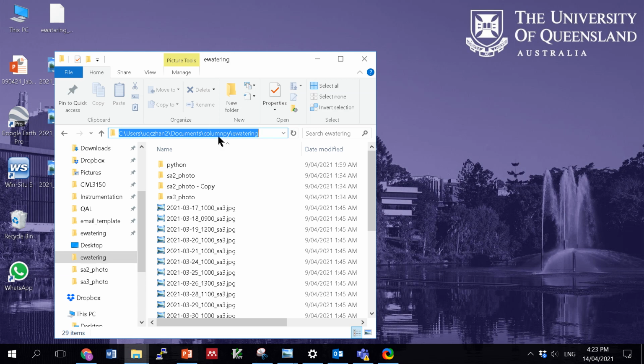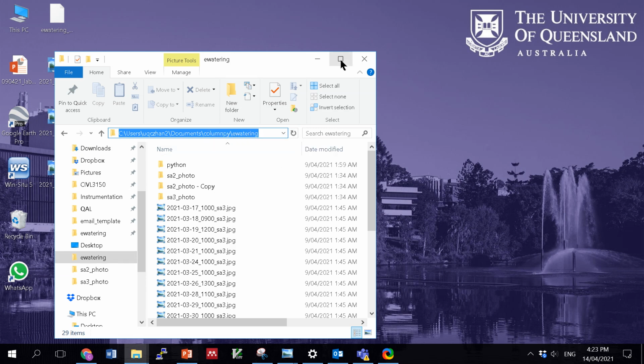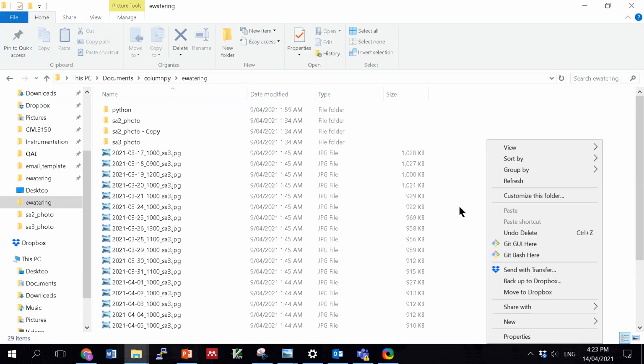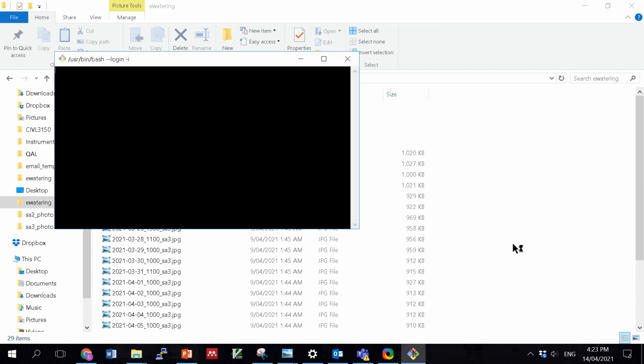So I could maximize this window and then right click in there. You will see that I've already got Git Bash installed, so I can use Bash from there. What Bash here does is synchronize your local e-watering repository with the one that is